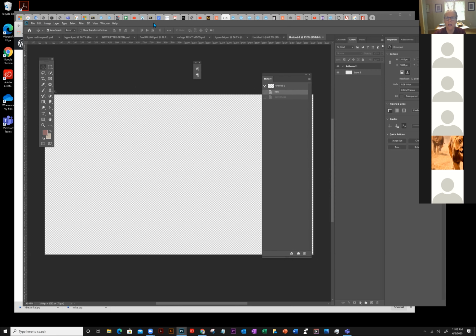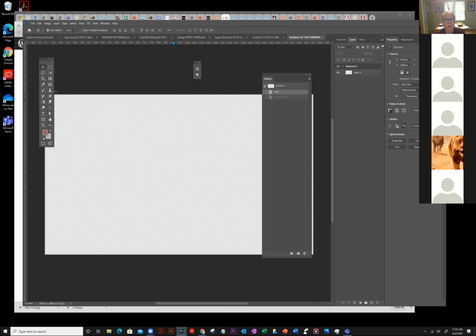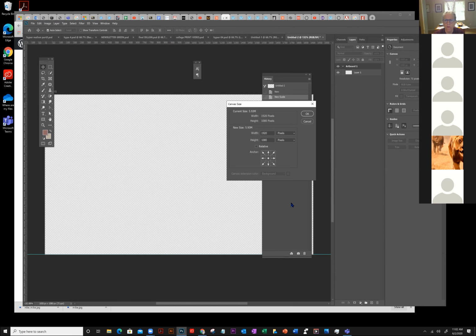What I want to do is bring the guides. You remember our rulers and guides? Remember, to get them is view, rulers. And so when you mouse down on the ruler, you can bring it down to here. So I'm going to bring my guide here. And I'm going to come back to the canvas again. So I want the height, and I want to push it up to the top and bring it down and give it to me